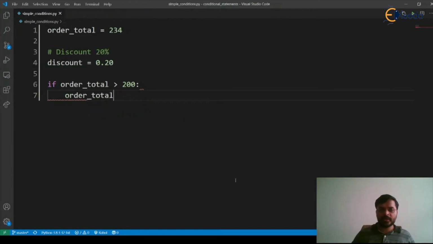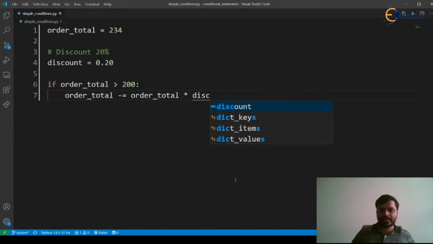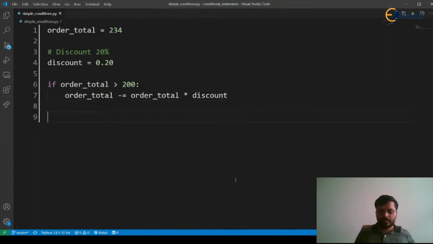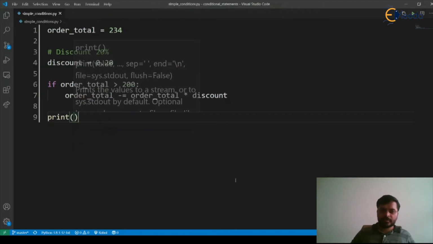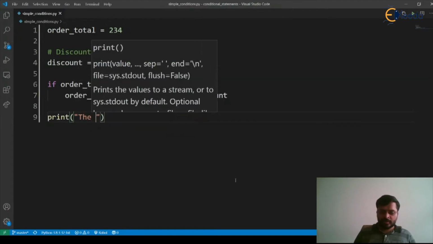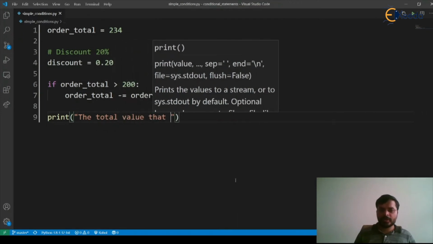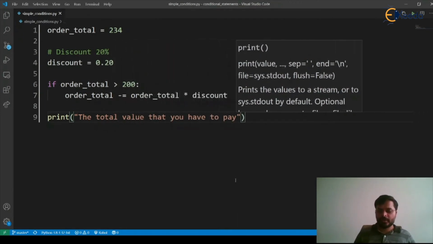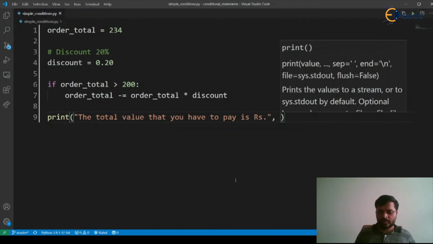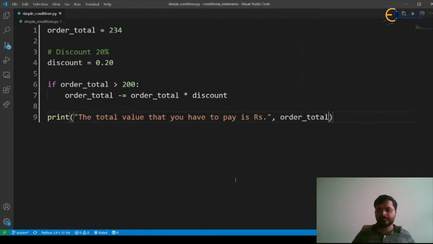So order_total equal to order_total minus order_total into discount, and then we want to print: total value that you have to pay is order_total.